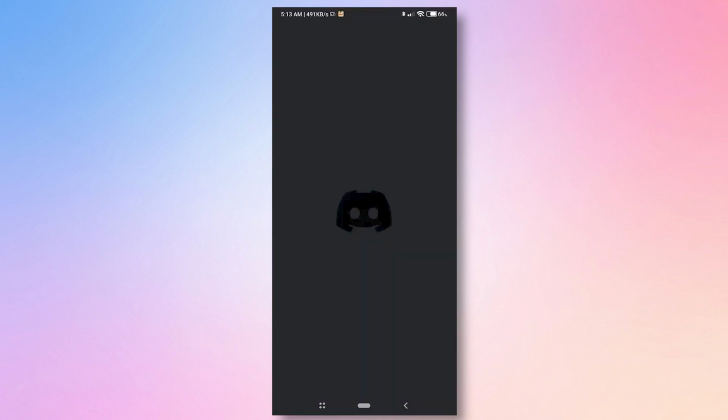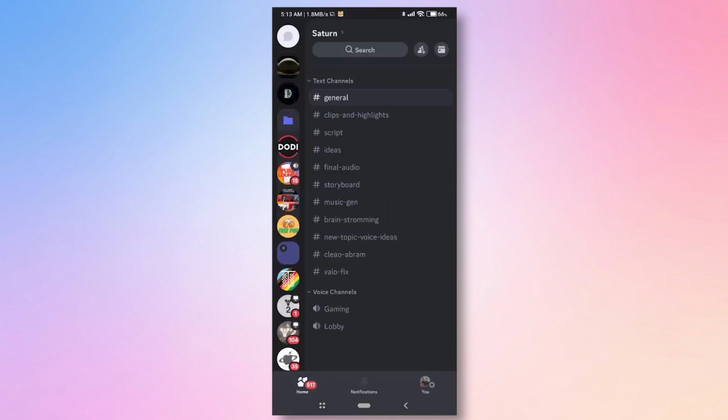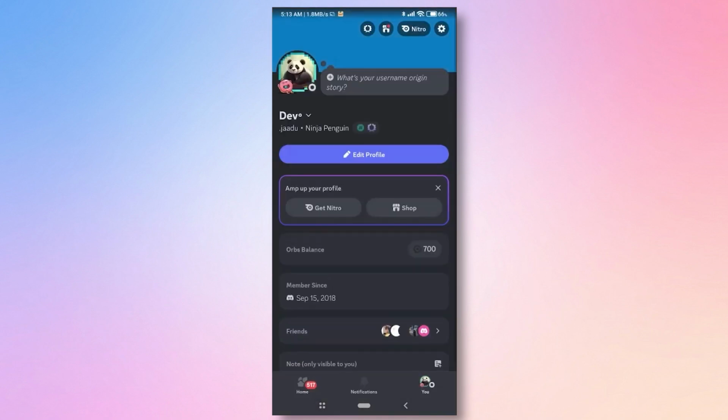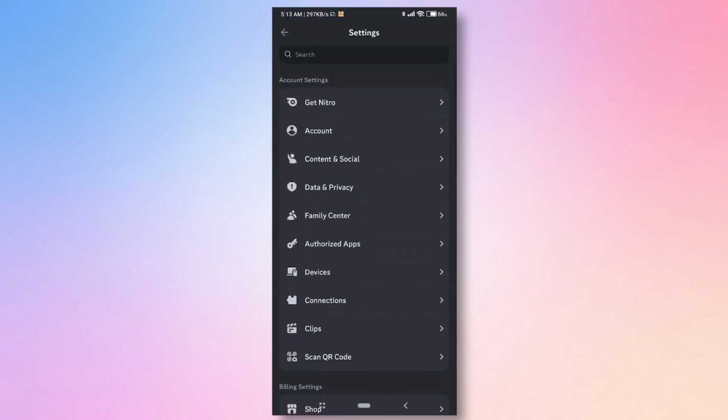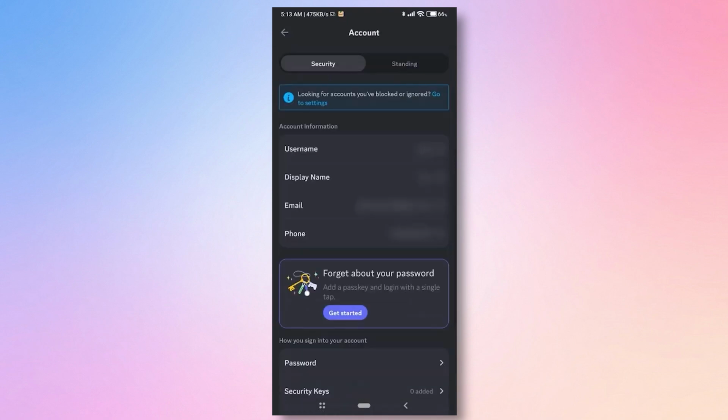All you have to do is simply open your Discord application, go to your profile at the bottom right-hand corner, and after that, click on the gear option at the top right-hand corner, and then scroll down and click on Account. Now in your account page, you should be able to see your username, display name, email, password, and phone